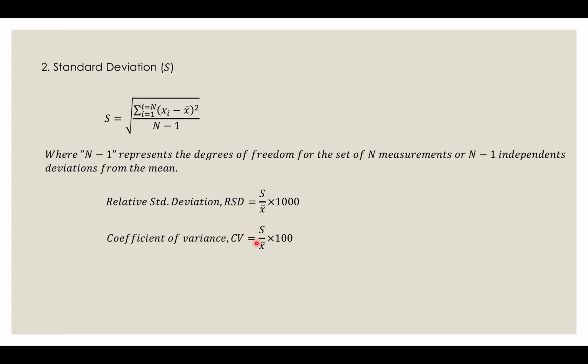So these are the two ways in which you measure the deviations occurring in any sort of analytical determination. This is a mathematical way of showing the precision in a measurement. If the deviations are higher, then the measurements are less precise, and if the deviations are lesser, then they are more precise measurements.